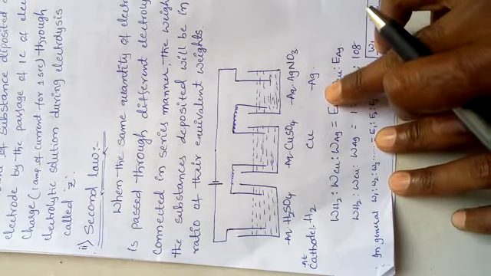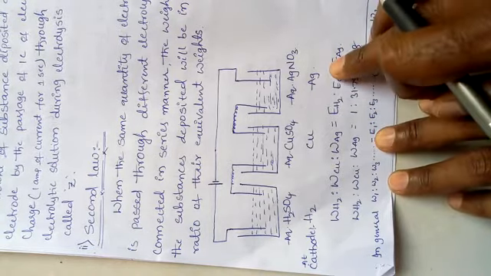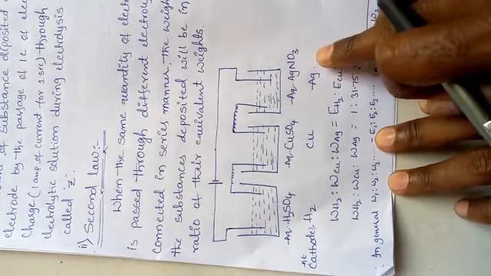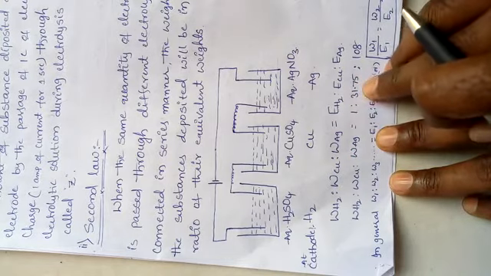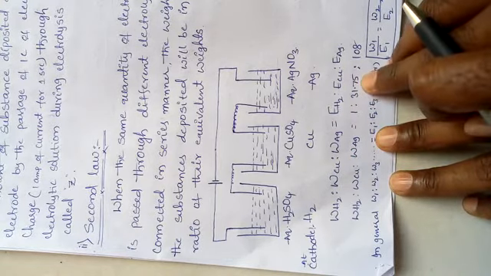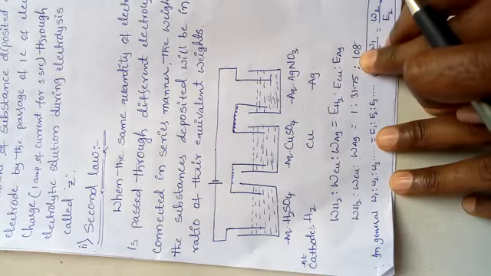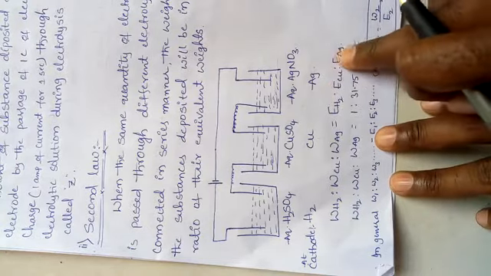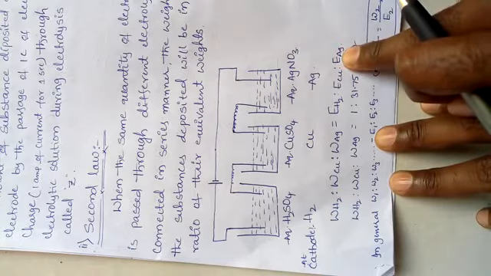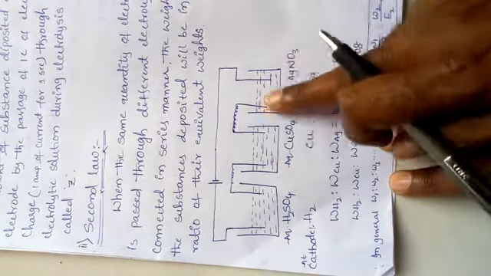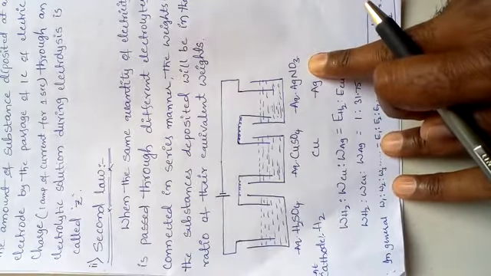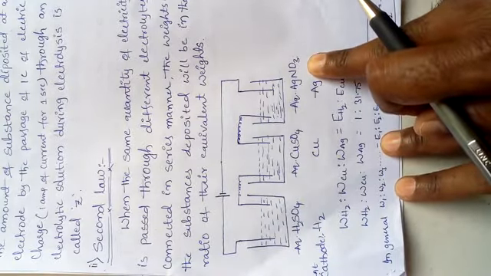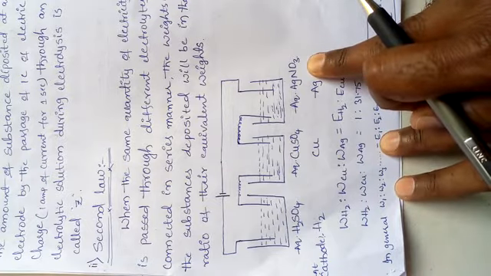If the equivalent weight is more, automatically the deposited amount is also more while passing the same current. Suppose the equivalent weight of hydrogen is 1, of copper is 31.75 grams, and of silver is 108. Which is deposited more? Silver is deposited more at the electrode, though we pass the same amount of electricity through all the cells. This is the relation between the electricity passed through the electrolyte and the amount of substance deposited.